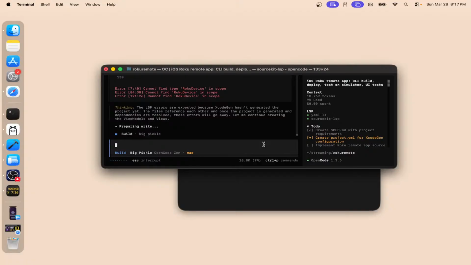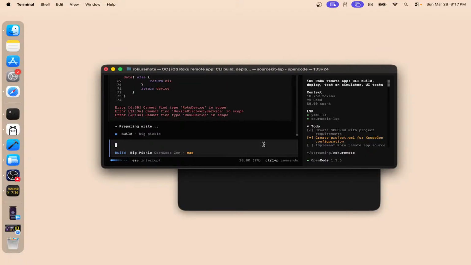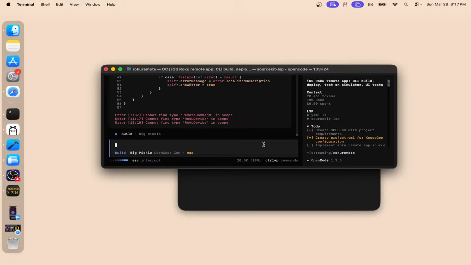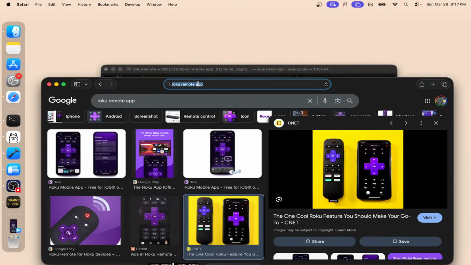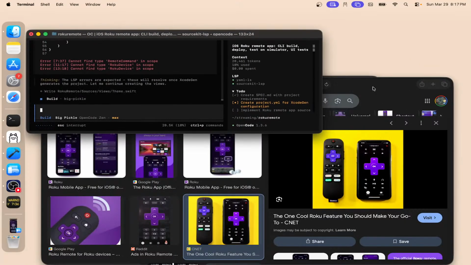It's using this tool called XcodeGen. I don't know what that is. Probably good to look that up. Let's see. What is XcodeGen? I should probably be using